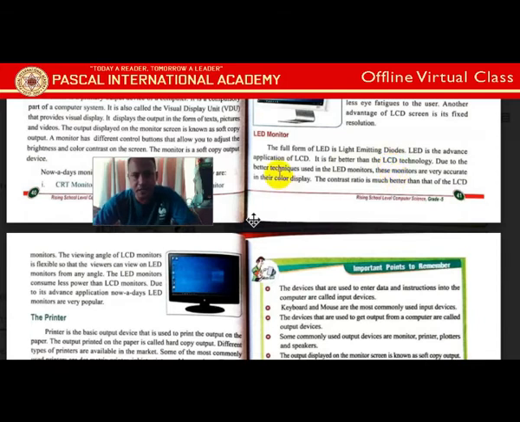Due to the better techniques used in the LED monitors, these monitors are very accurate in their color display. The contrast ratio is much better than the LCD, and likewise I said LCD is better than CRT, but here LED is better than LCD and CRT.